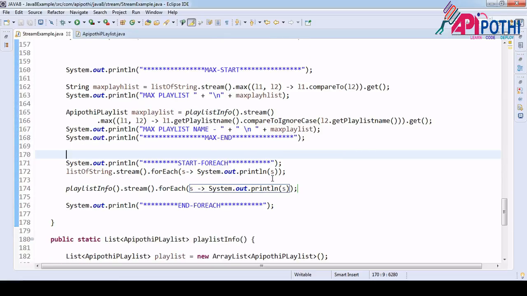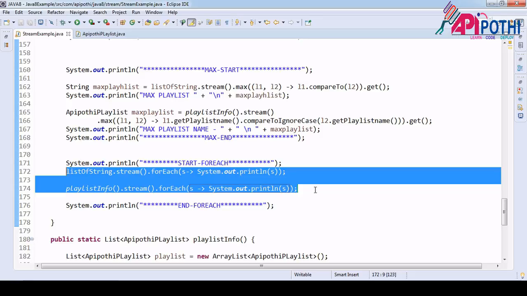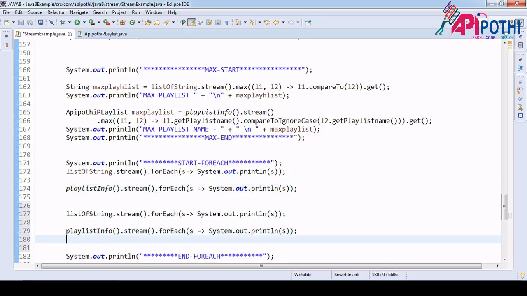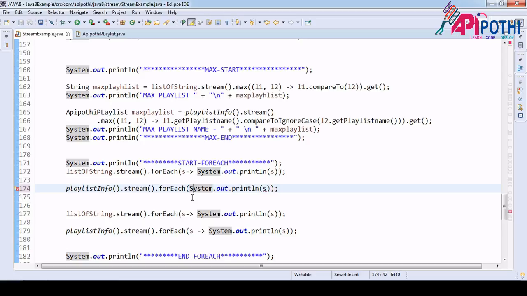Another way is also there, that is nothing but the double colon. What you can do is copy both. Okay, paste it here, no changes required. I will cover how to use the double colon anyhow, but here System.out.println is a static method, so for method reference I am using this println. Okay, so you need not pass the as, that's all.